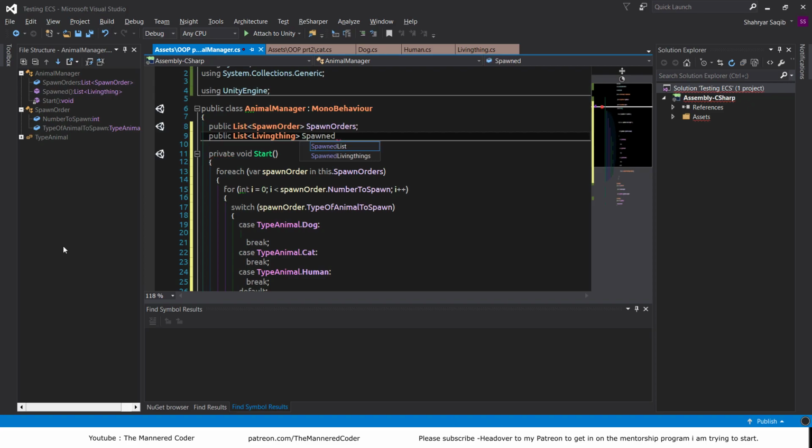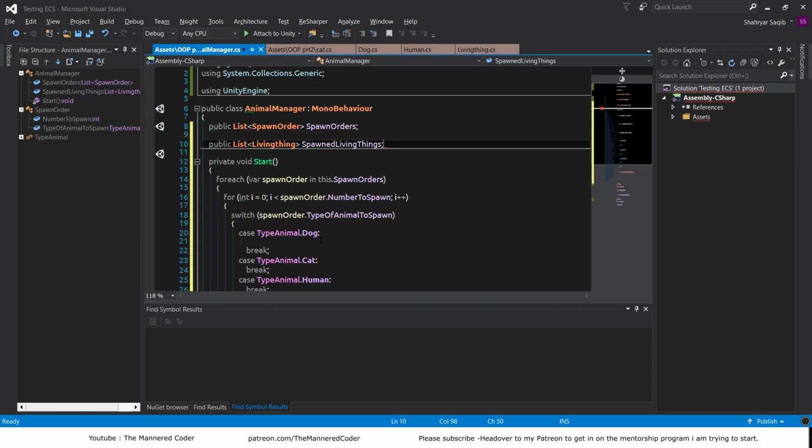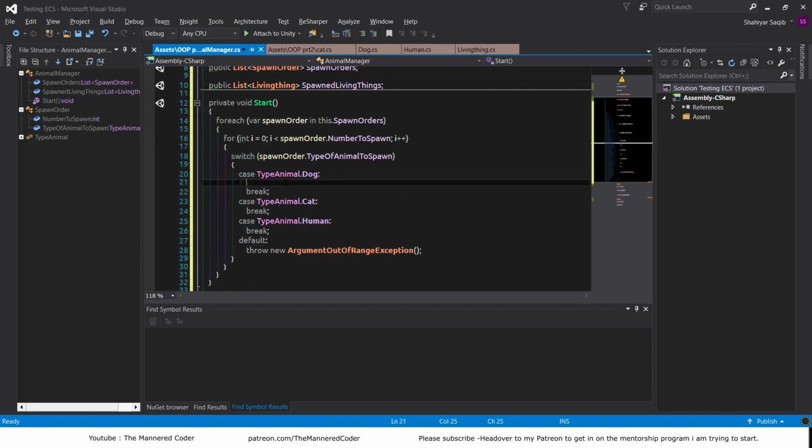Spawned living things. Sorry guys, I know I'm rather slow today mentally as well, so apologize if you're getting bugged by my,